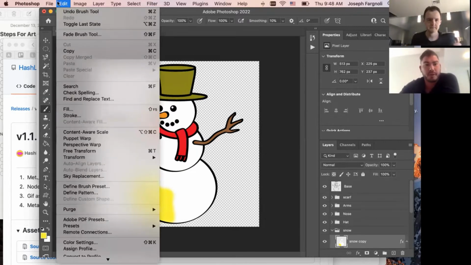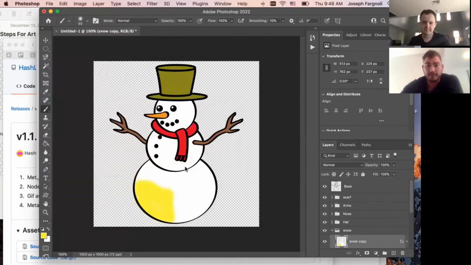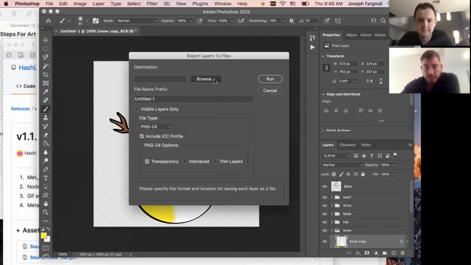Because this was one thing that it took me a while to understand. If I'm making all these layers and I'm good with Photoshop, how do I get everything into this folder in the fastest way? So you're going to go to export and then layers to files. And we're going to use,